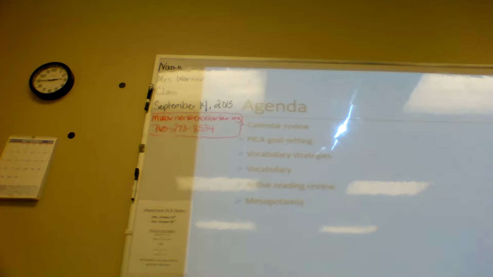So today, I'm hoping that you guys know how to set goals and establish steps to accomplish those goals. That's what we're going to talk about today. I hope you guys will be able to use vocabulary skills to determine meanings of words. We are going to focus today on context clues, what they are, how to identify them, and how to use them. So we're going to practice with that or talk about that today, and then we're going to be practicing with it for the rest of the week.